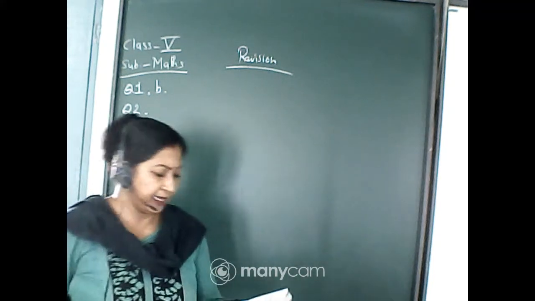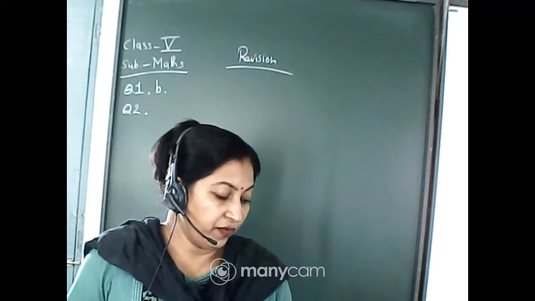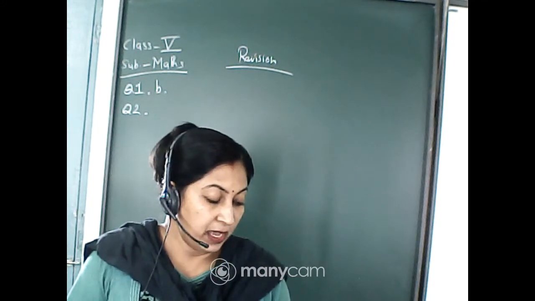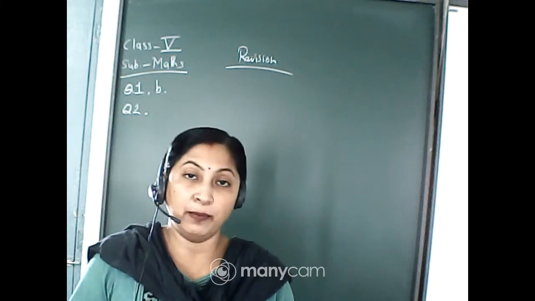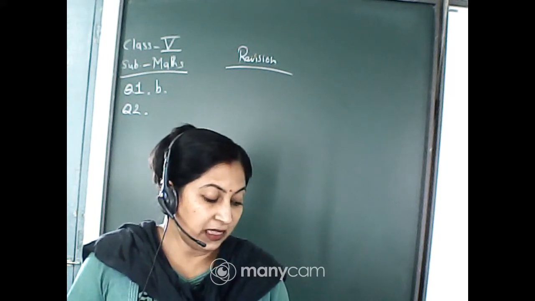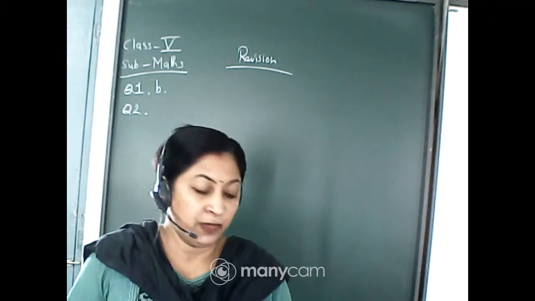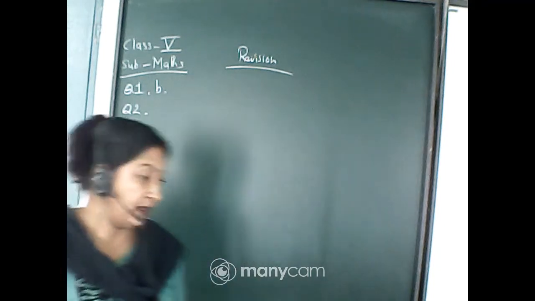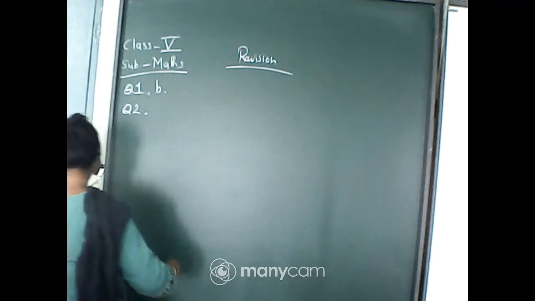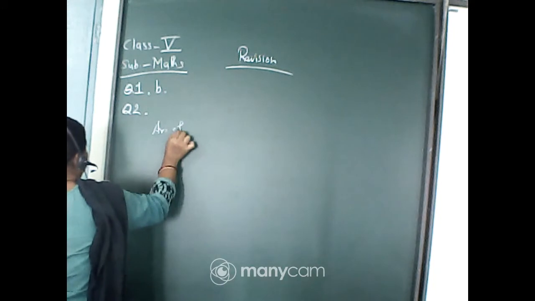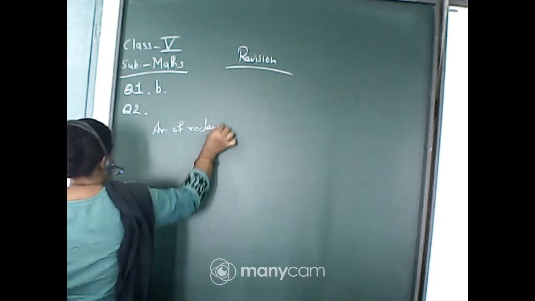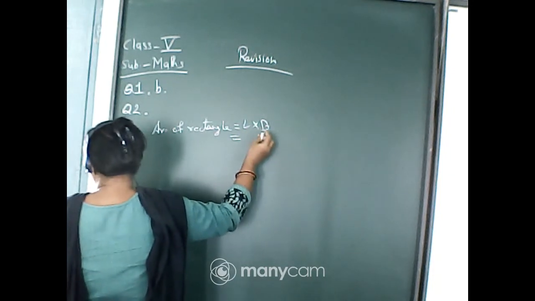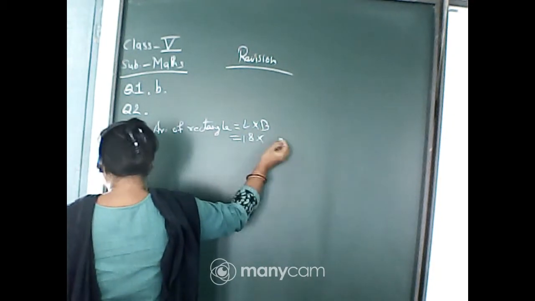Which of the following has the greatest area? Now you have to find that among these options, which one has the greatest area. First one is given, a rectangle of length 18 meter and breadth 8 meter. Now here a rectangle is given and its length and breadth is given, 18 and 8. So let us find it out. Suppose the area of rectangle is equals to L into B. That is, length is given 18 and breadth is again given 8.